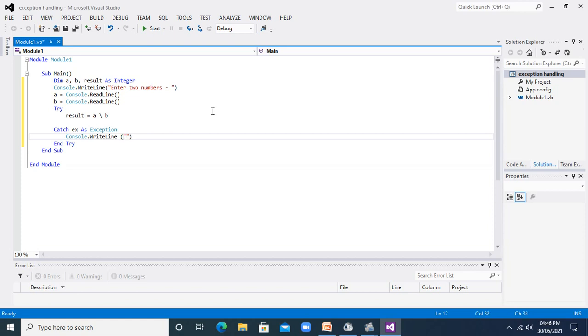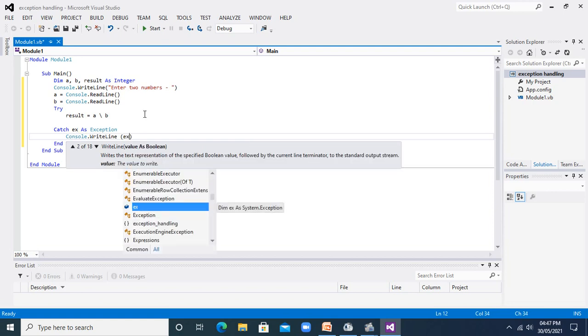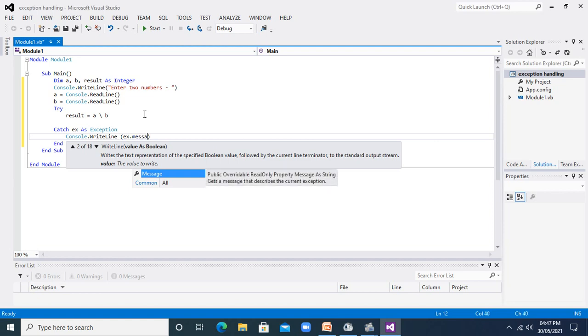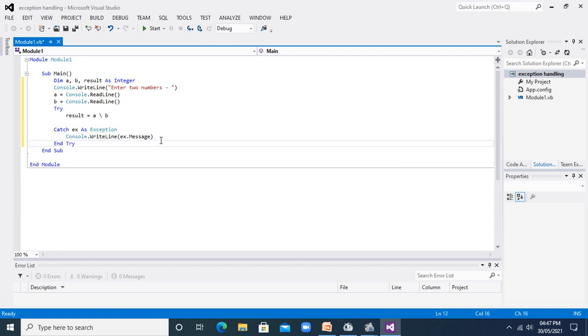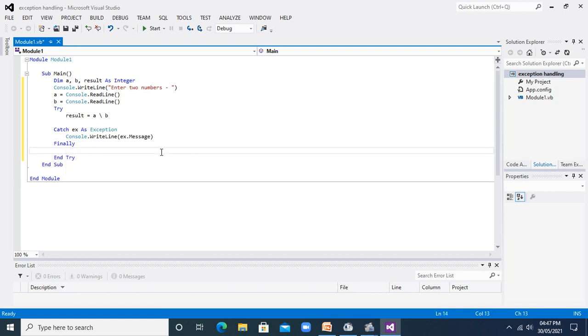So I will write here ex is the object for my exception, so I will use ex.Message. So the system message will be displayed, and here I will have my finally block, and here I will write the code to display the result of my division.